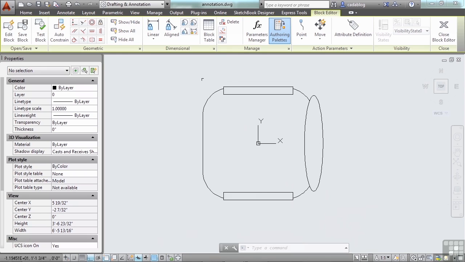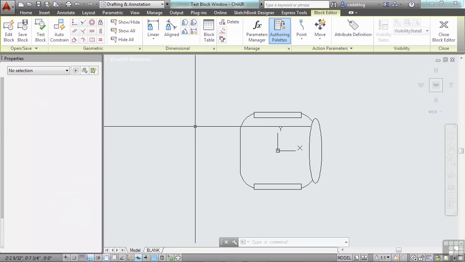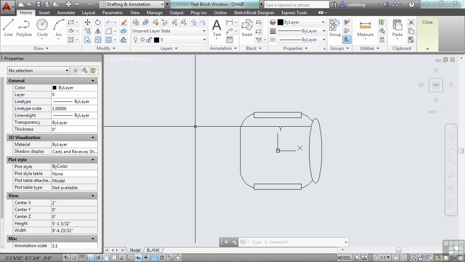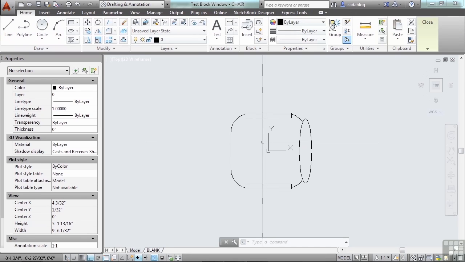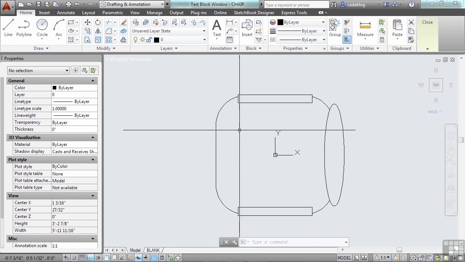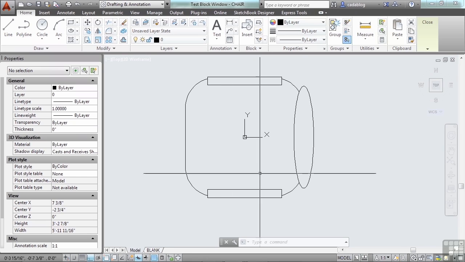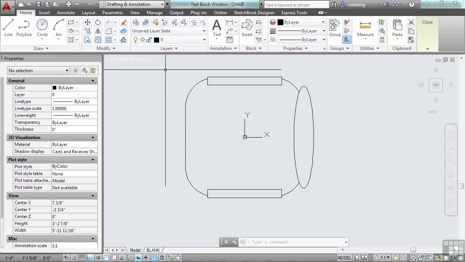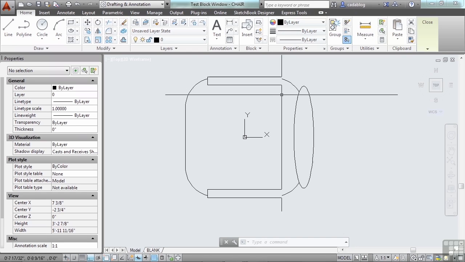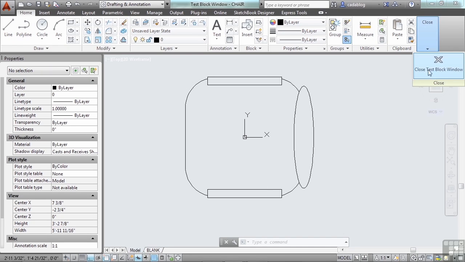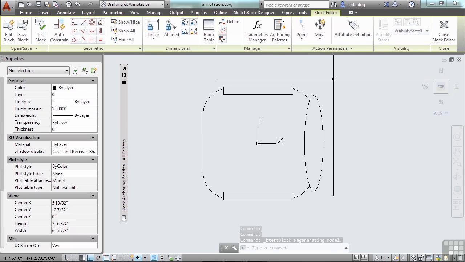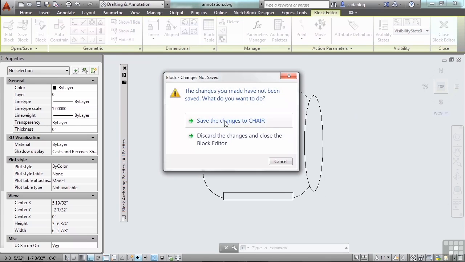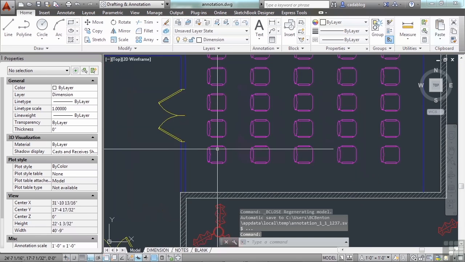One thing that's really cool about the block editor is that you can test your block. If I click Test Block, it'll show me what it's going to look like in the drawing mode. If we made a dynamic block or an attributed block, this is very important because I can keep editing my block, but I can see how it's going to work. With static line work like this, it's really not a big deal. You know exactly what's going to happen. So when you're done testing your block, pick the Close Test Block window. AutoCAD will reset itself inside the block editor, and when you're all done, everything's great, you can close the block editor. Save the changes, and now our chair is saved.